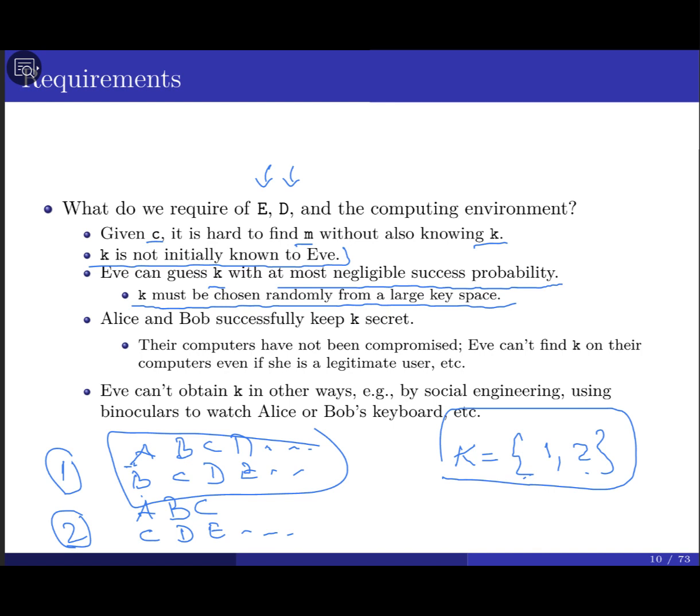Again, if you assume that the key is going to be 2 to the power 2, that means we have 4 possible keys: 00, 01, 10, 11. Your key must be randomly chosen from the key space, which means all the possible keys in your system that you can use. Here it looks like we have 4 keys.